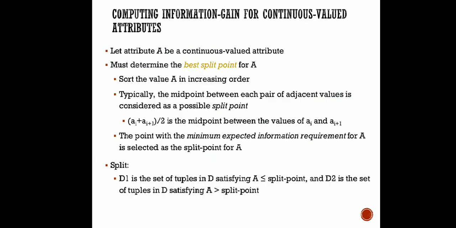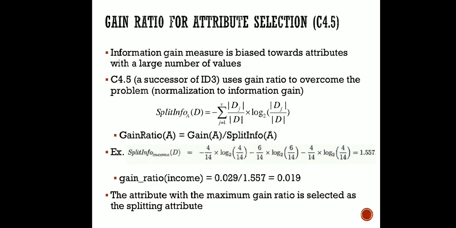So here we are splitting based on income. To find the gain ratio, you have to find the split information. So what is split information? Income can be of three types: 4 out of 14 is for low, 6 out of 14 is for medium, and 4 out of 14 is for high. So this is for Dj, that is, how many values out of the total values hold for a particular choice.